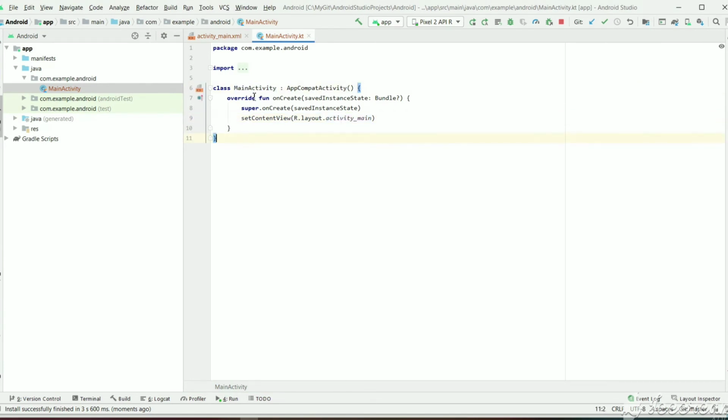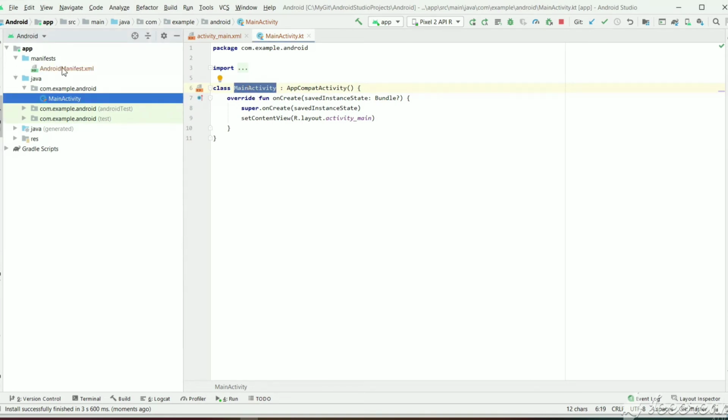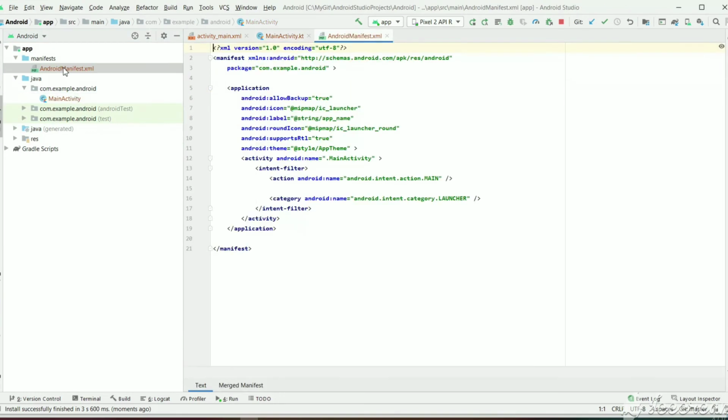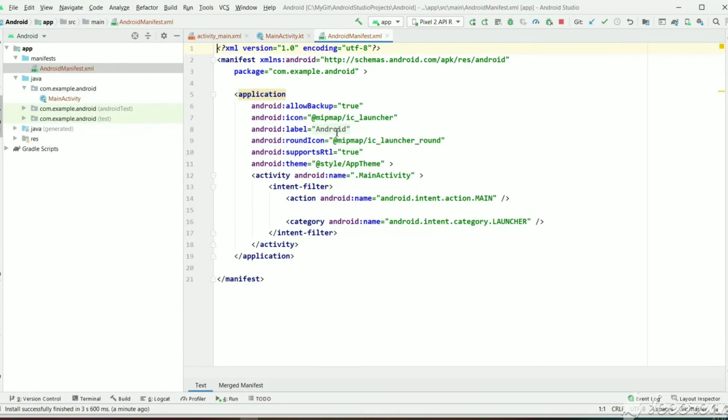And why? Because we have told the main activity to start. If you open the Android manifest XML, here you will see the activity android:name, the main activity, and intent filter, and this is marked as main, and it is the launcher of the app.